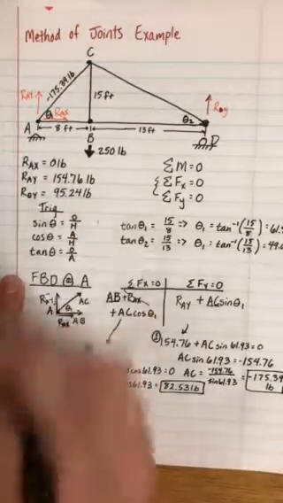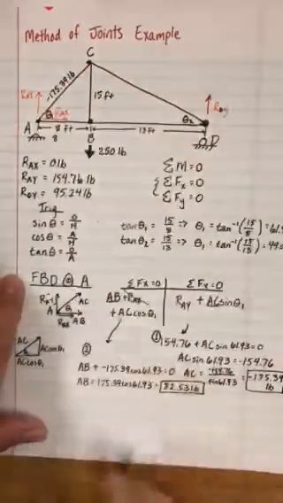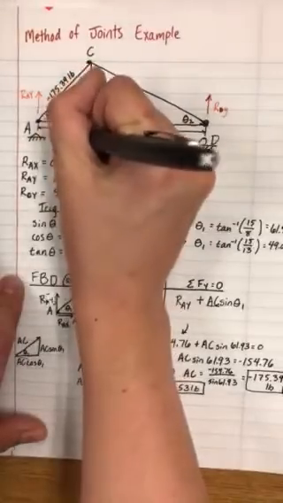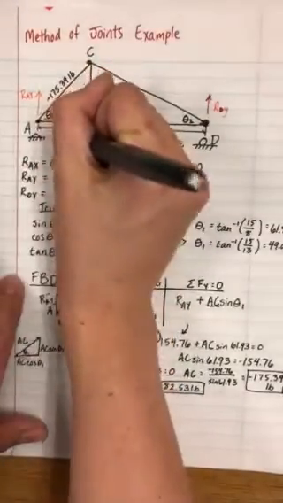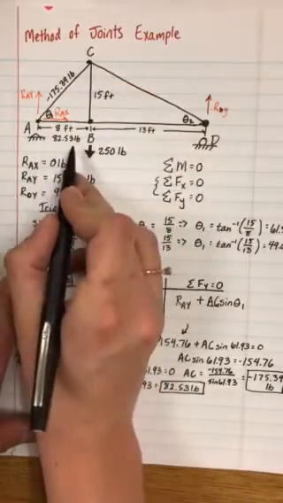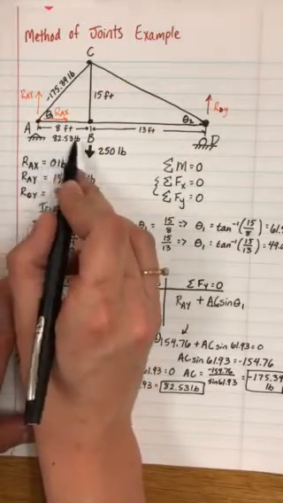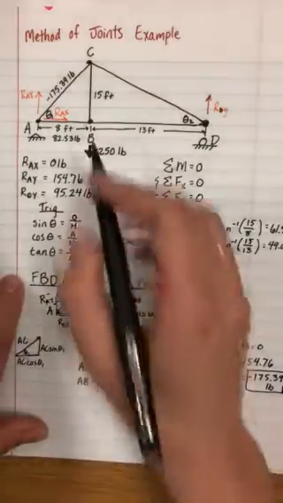And then I can update my chart up here. So the internal force of joint B, or of line segment AB, is the positive tension force of 82.53. So I've got